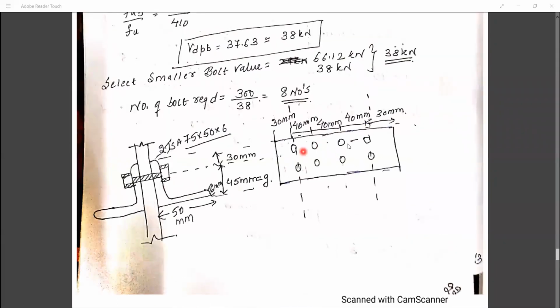See, we have total number of bolts. We have 8 bolts. So what I am taking? I am taking the cross section from this point, and I am taking my bolt critical section from this point. So how many bolts are left over here? 4 bolts. 0.5 if I consider, that will become nothing but 7 bolts. Or you can take 8 minus 1 also, if you are arranging in a single line section. If you are arranging in double line section, you can take 8 minus 1. That is also true.